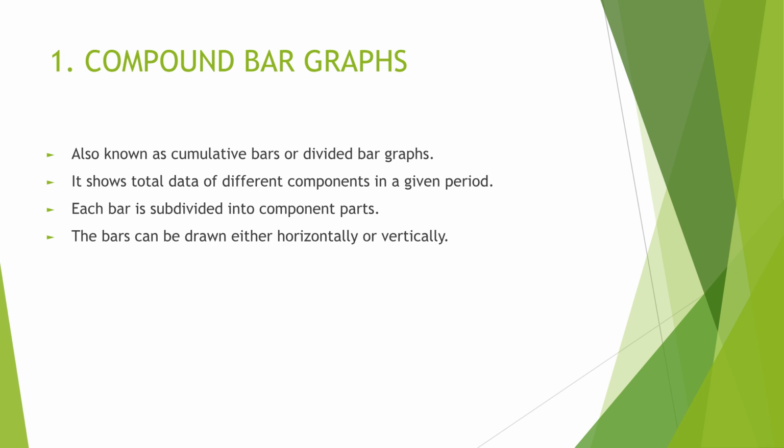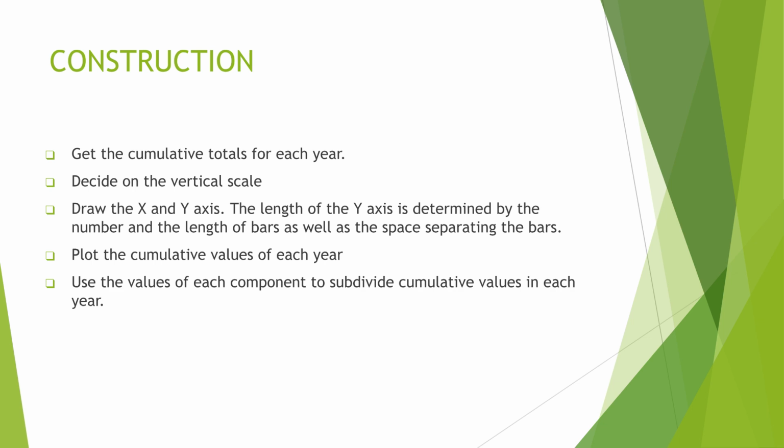They show the total data of different components within a period, with each bar subdivided into component parts. They can be drawn horizontally or vertically. The construction involves finding cumulative totals, choosing a vertical scale, drawing the axes, plotting cumulative values, and using component values